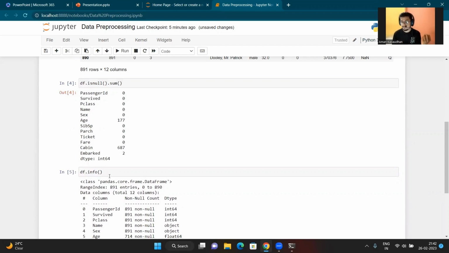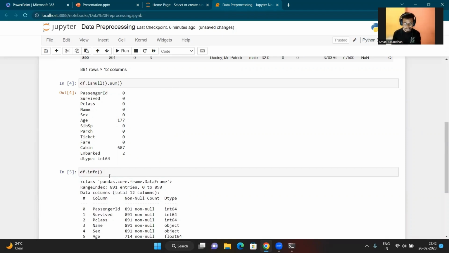So we have a lot of methods to do that. Actually, this problem should be solved by the domain expertise person: what kind of value he wants to replace the null values with. But we are learning data science, and we have some basic things that we can do for replacing the